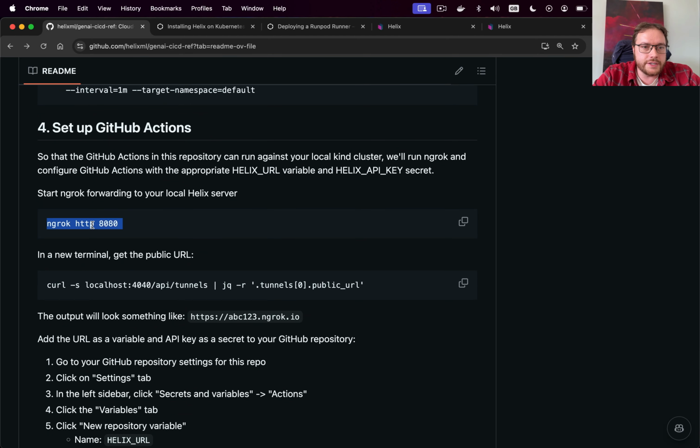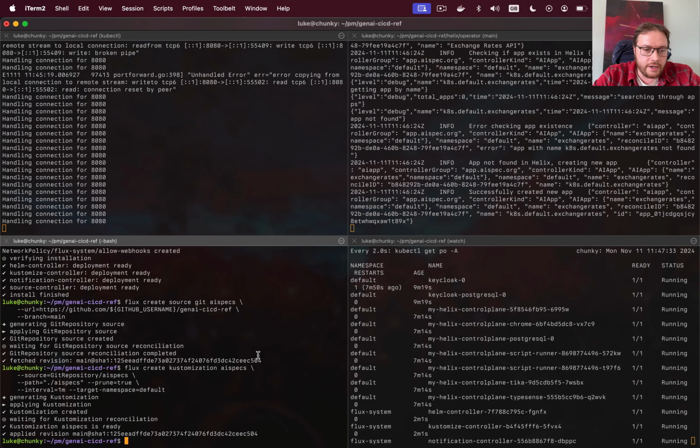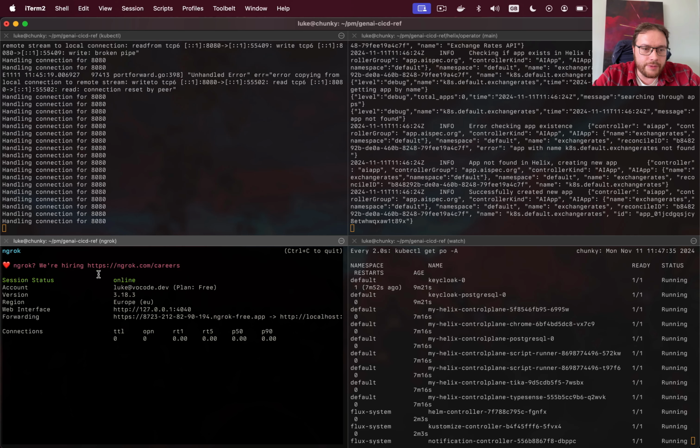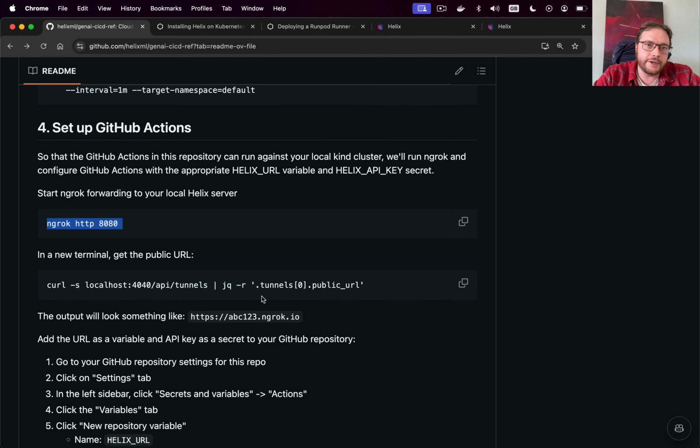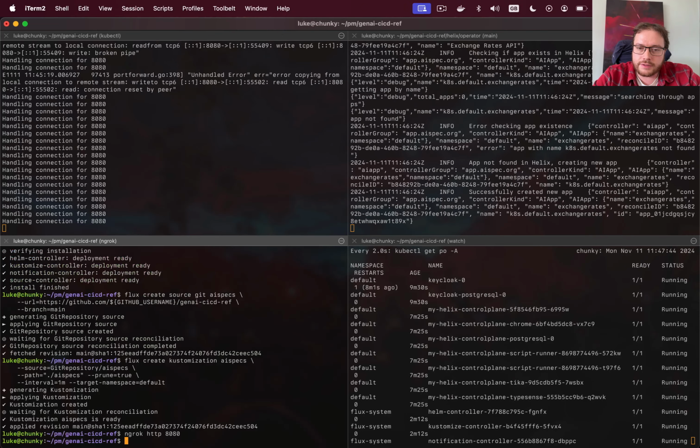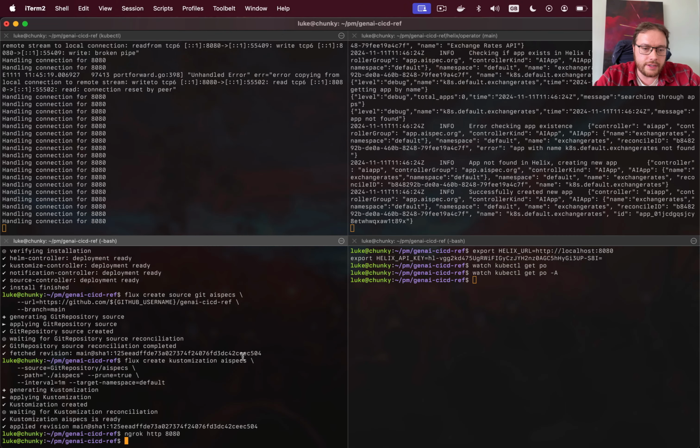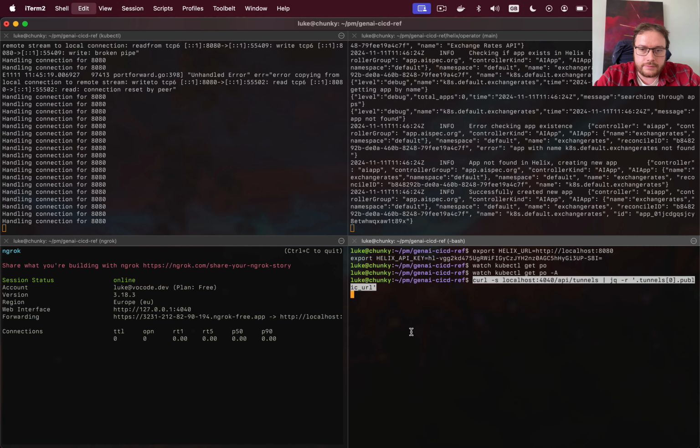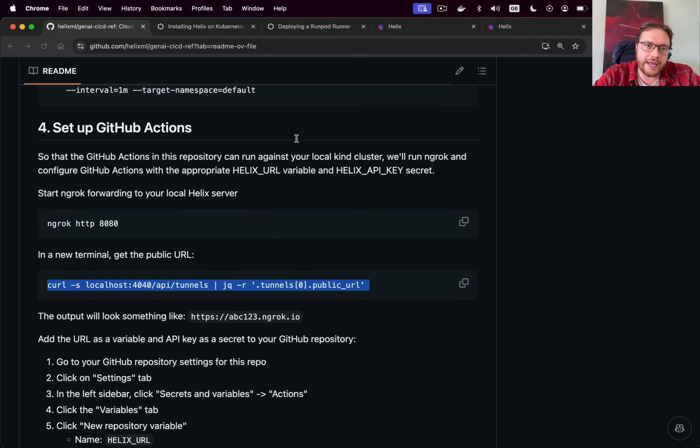The next part is setting up GitHub Actions. So in order to make that work, we need to use ngrok, because of course I'm running this all locally, but GitHub needs access to Helix running inside the kind cluster on my laptop, which is behind NAT. So we use ngrok, and I'm just going to go into